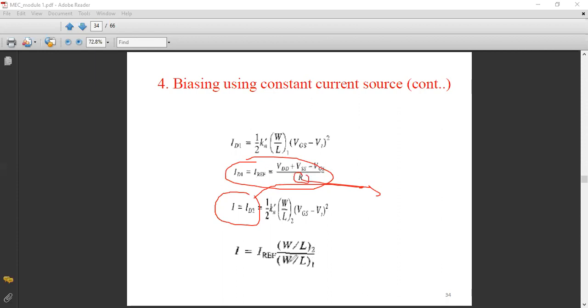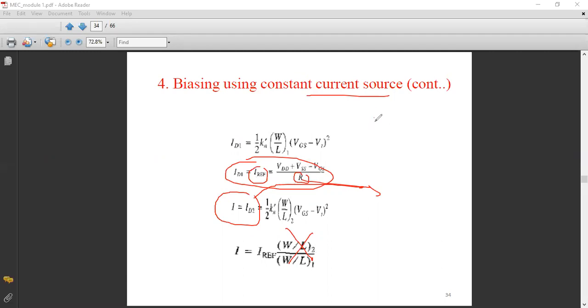Since these two ratios will cancel each other, I mean, they are 1:1, therefore whatever you are fixing here by using capital R will be reflected or mirrored over I. Okay, mirror means it will look the same, right? So I reference will be the same as that of I. So likewise, you can set a fixed value of capital I in the constant current source circuitry. So whenever the two aspect ratios are the same, only then the current source is called a current mirror.